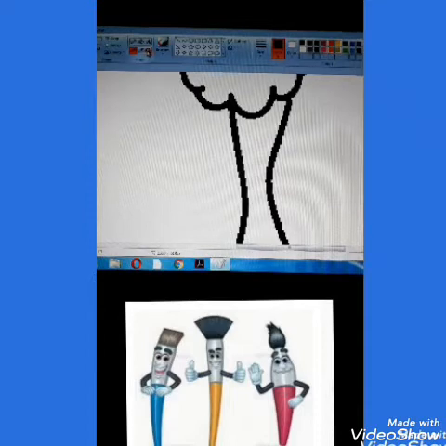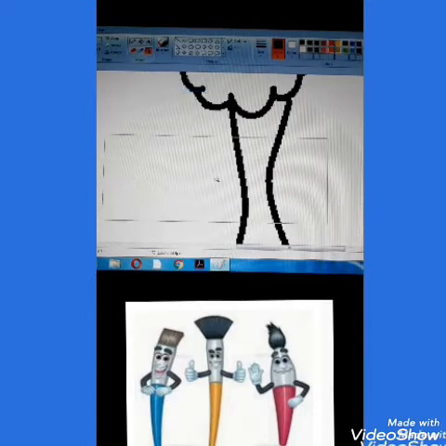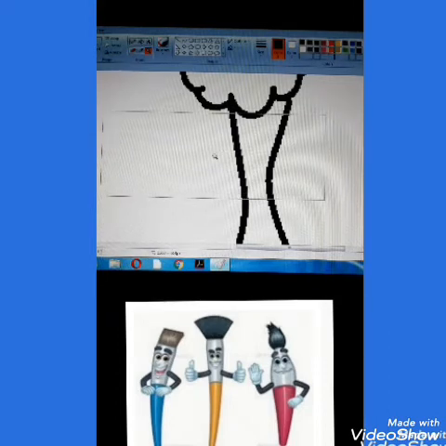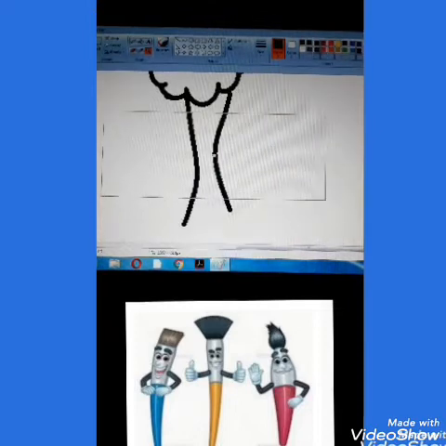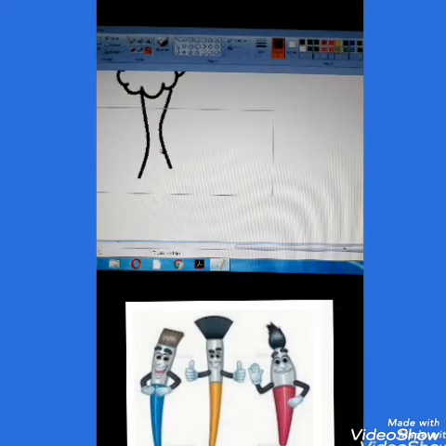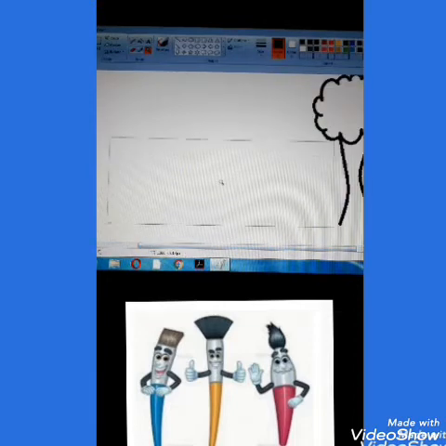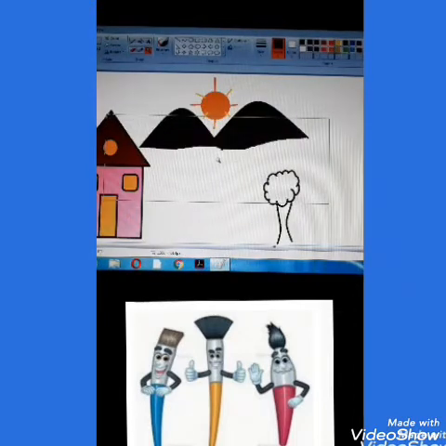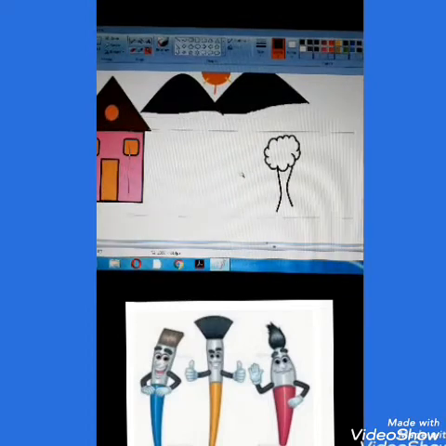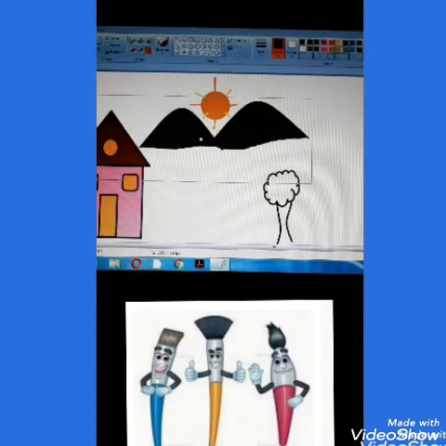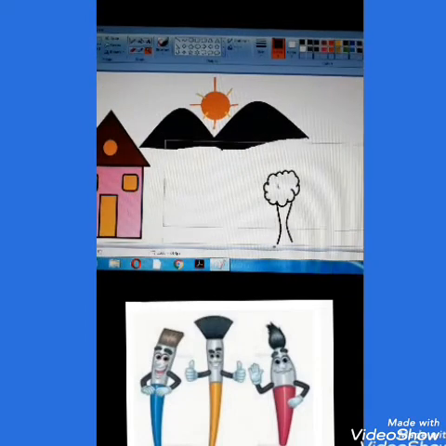For that again you have to click on the magnifying tool, and here you have to bring it and you have to click on the left button, that is the left click. Okay, like this 2 or 3 times until you get the whole picture properly. Okay children, now you can see the whole scenery. Yes, okay, now magnify tool is over.